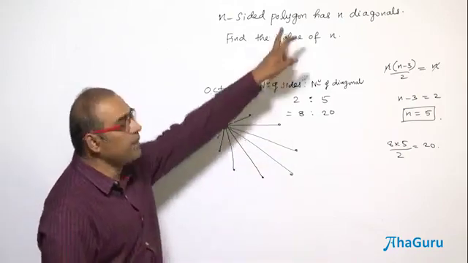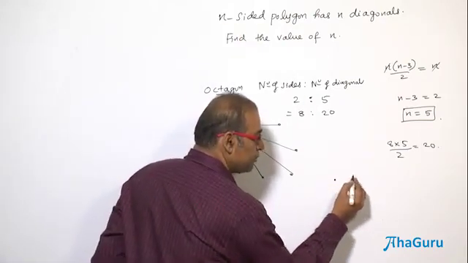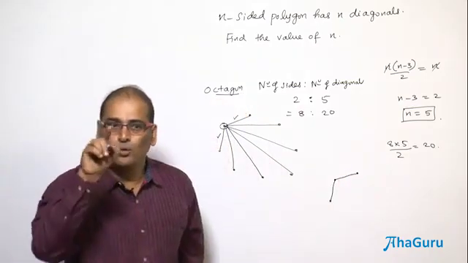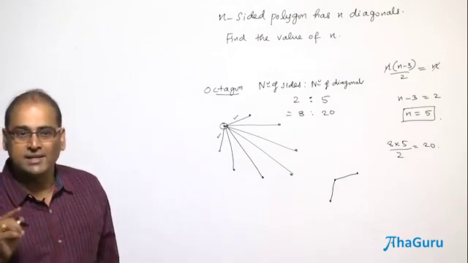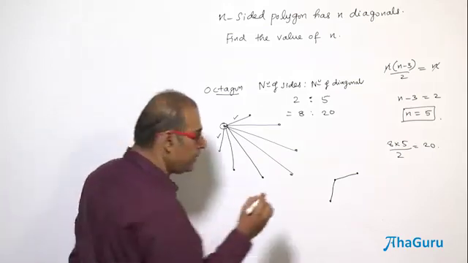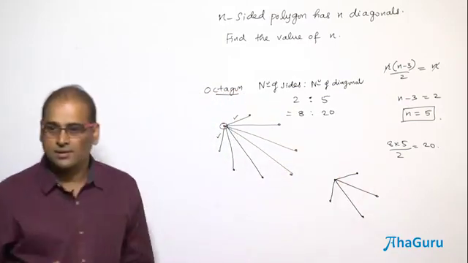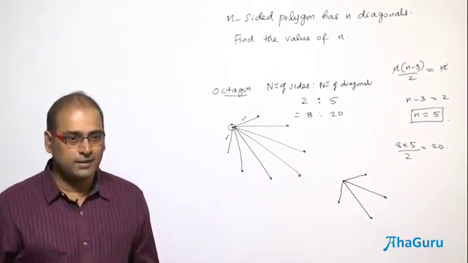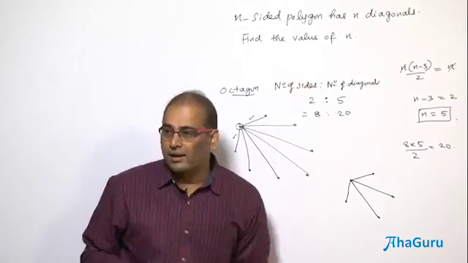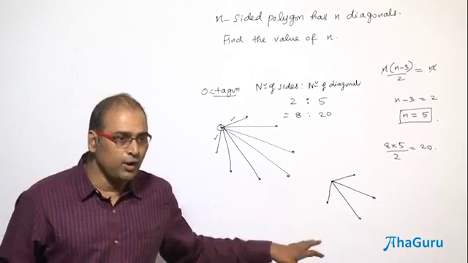Now coming back to this problem, it has n sides and n diagonals, which means my diagram should be like this. Anyhow, I always have 2 sides. For every 2 sides, I must get how many diagonals? For n sides, I get n diagonals. So the ratio is 1:1. Therefore, for 2 sides, how many diagonals should I get? Only 2. That's all, no more. Now count the number of vertices. I have not counted the number of diagonals. I said, I want the value of n. What is n? How many vertices do I have? Are you able to follow or not?